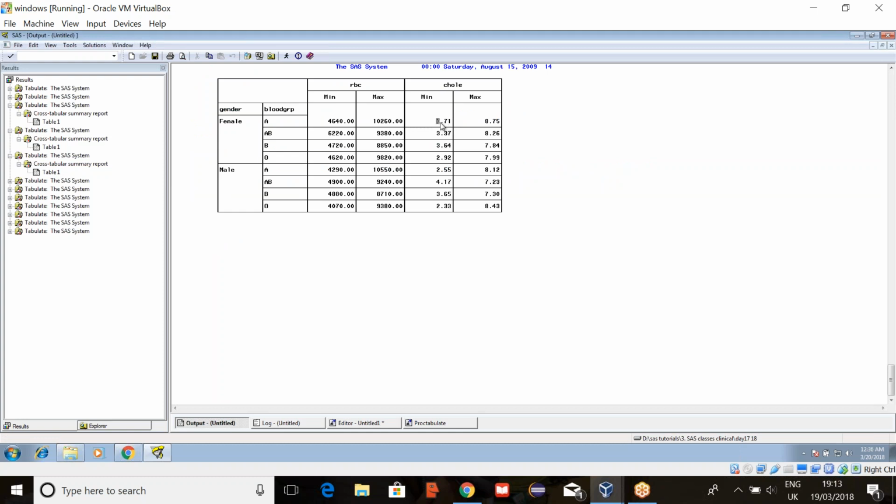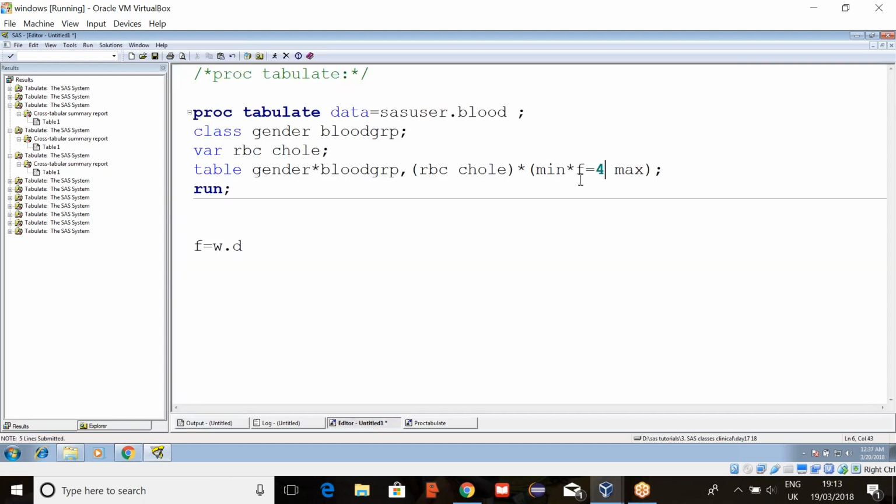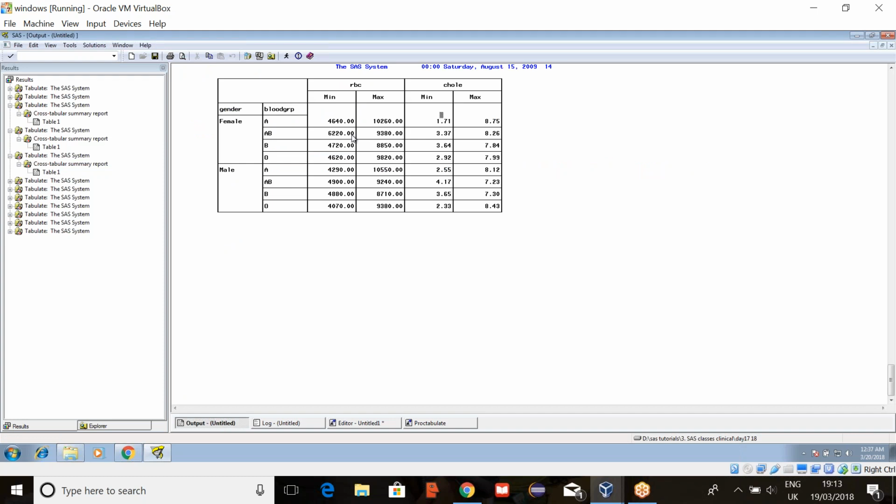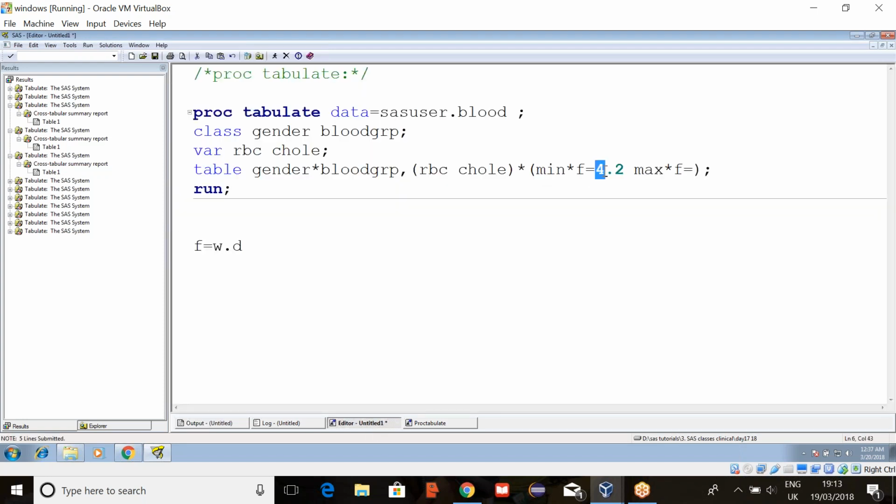Like 1.1234, 4.2, this one, right? 1, 2, 3, and after that decimals. So suppose if you want to keep 4.2, keep that. And for max, I've seen only this much, here 1, 2, 3. So we have to go accordingly, some 6.2. Here 5.1. Roughly I'm giving.